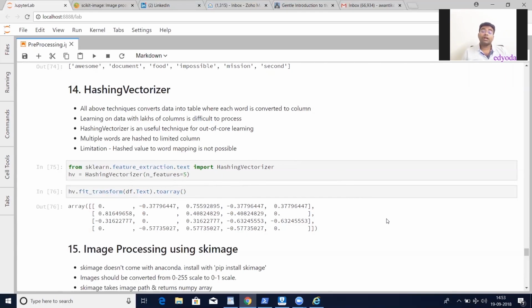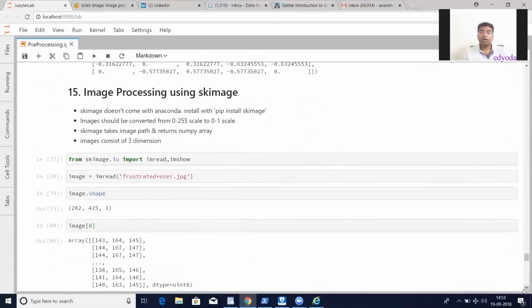So far, we have dealt with continuous values using scaling techniques, categorical values, and then came strings, text, right. So now it's time to deal with images. We'll use skimage for this. Skimage is not installed by default in your system, so you might have to do pip install scikit-image to make the installation go through. Let's first load the data and see what the image looks like. So skimage.io, imread and imshow. This is to read the image from a file, right? This is the file I'm trying to read the image from,